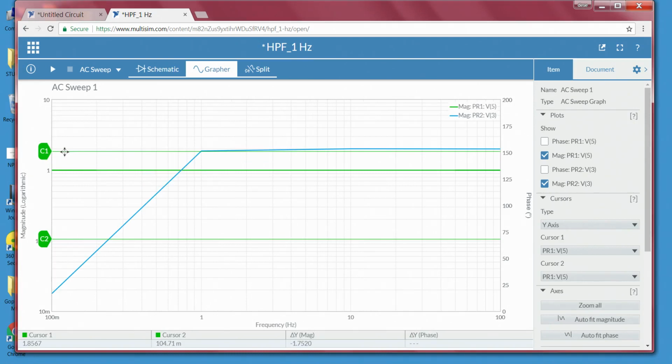Sorry, this is C1 at 1.8. So I will keep it close to 1.7, that is our minus 3 dB magnitude.